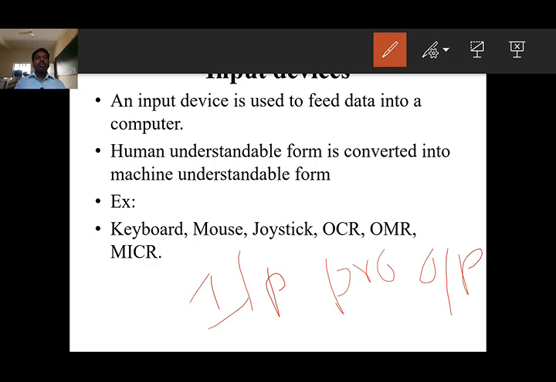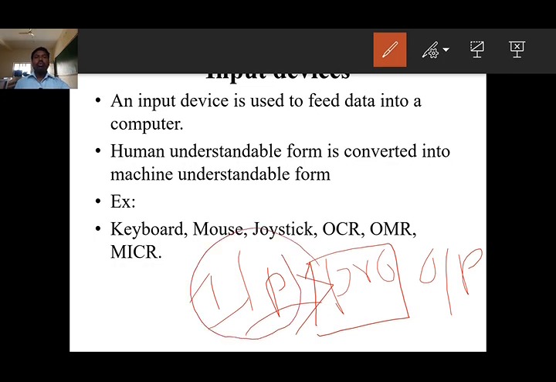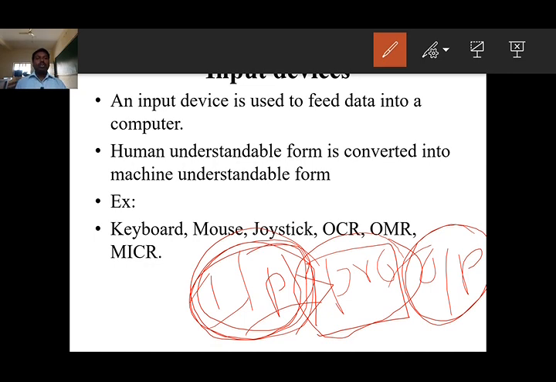The same scenario we are going to follow in a computer also. Assume that there is a computer. If you want to enter any data into the computer, that process is called input. After entering, the data will be calculated, or it will do a function, or it will be in the process stage. That is called processing. After finding the result, we have to show the output. That process is called output. Understand? So, now we are going to see the first phase, which is called input.